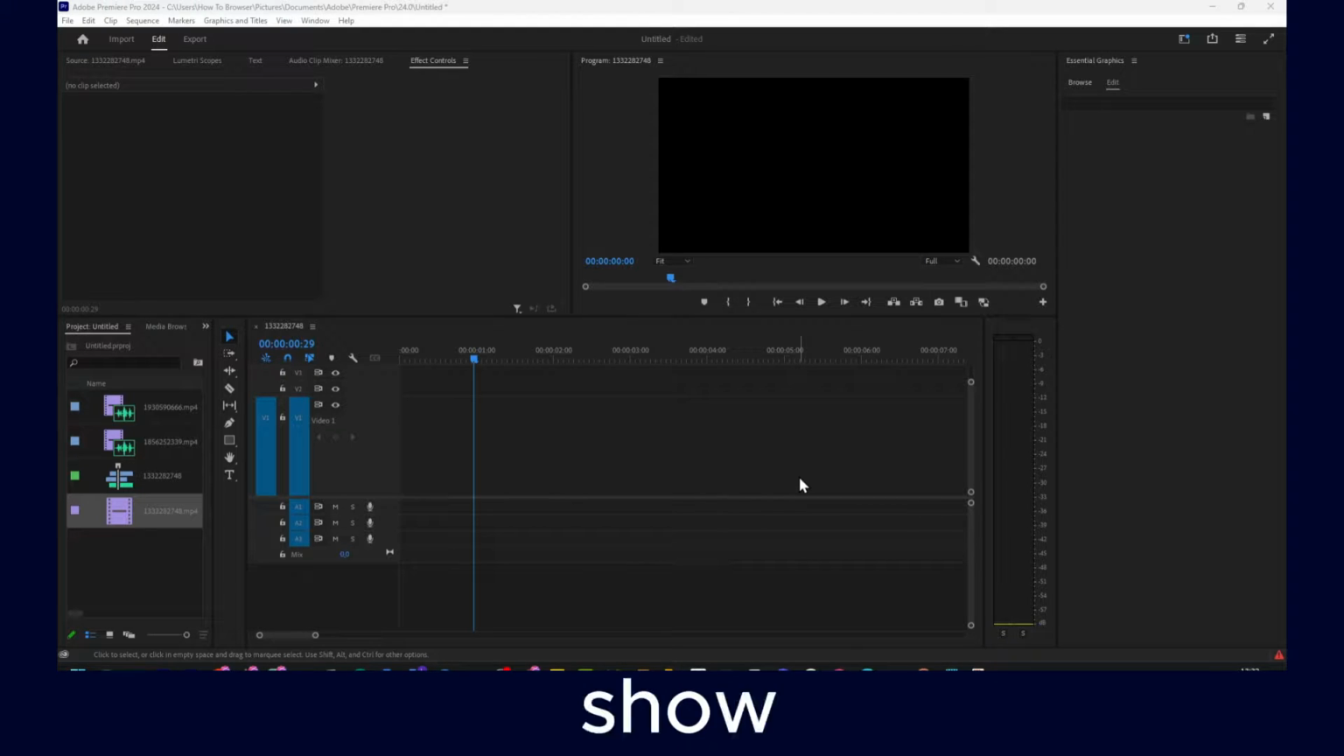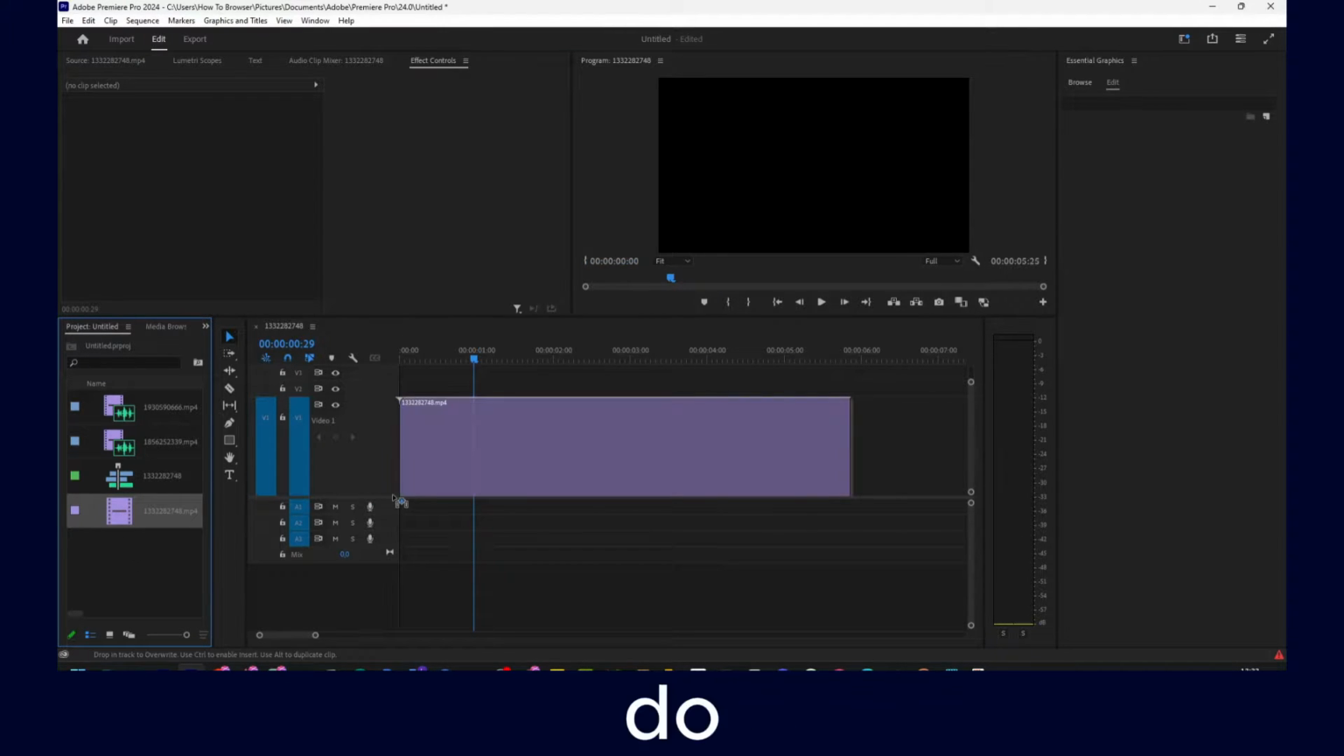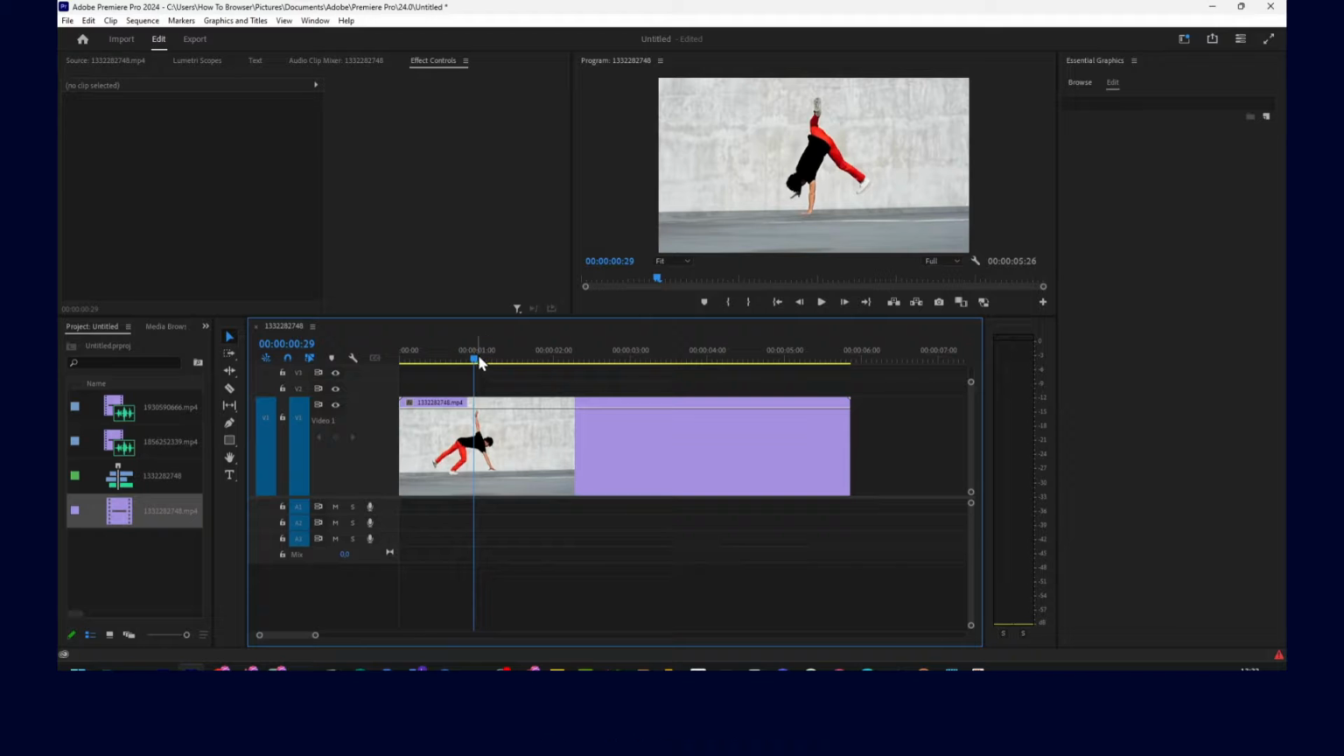Want to show you reverse video tutorial, how to reverse video. You want to import, grab it, and move it to the timeline, and here